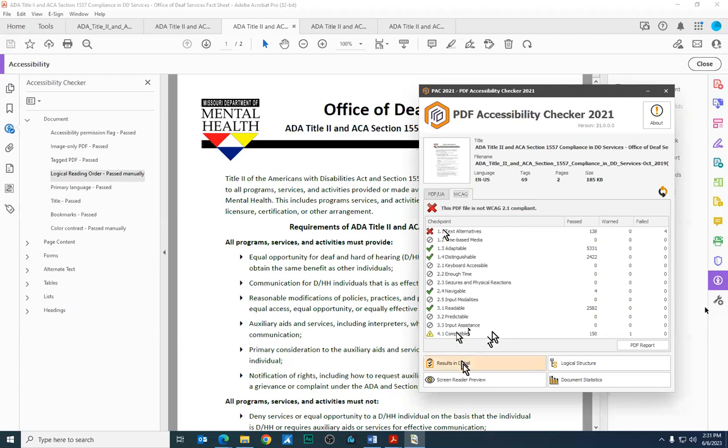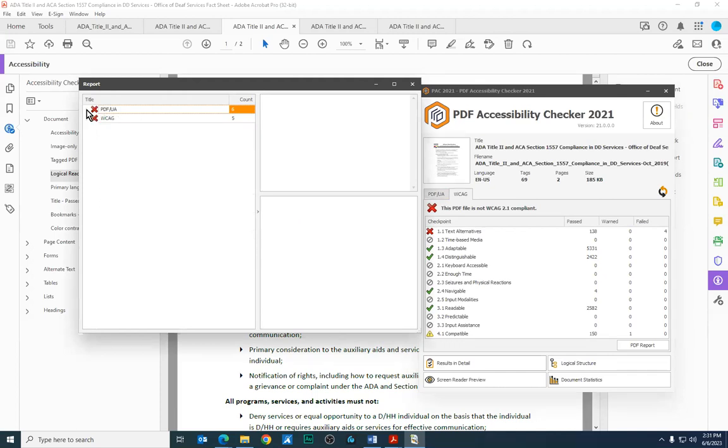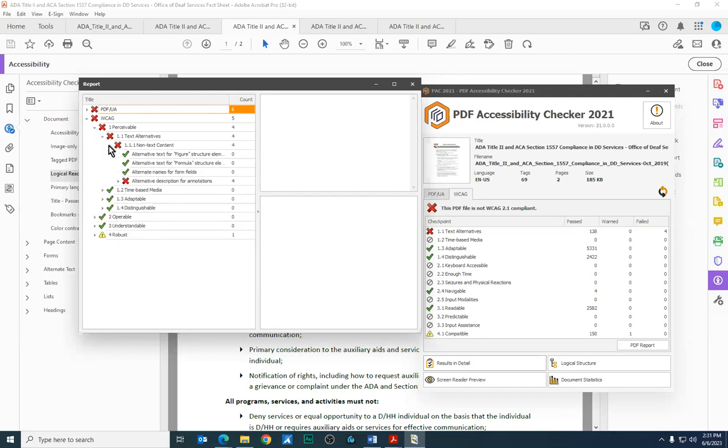Now I'm going to click on results in detail to get more information. This will bring up a dialog. By default, it has PDF UA expanded. I'm going to collapse that and open WCAG instead. Now under perceivable, if I drill down, it's going to tell me I have an issue with text alternatives, non-text content,